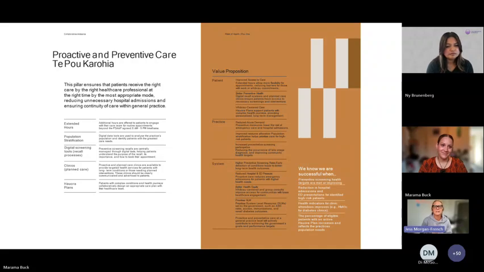So digital screening is, I think, quite broad. We haven't really nailed down what the things are that will fall into that, but most of it will align to how whānau can look after themselves in their home and report back information to their medical centre in a technologically savvy way that doesn't overburden the practice, doesn't bring a whole lot of unnecessary data into the PMS, but does alert the clinician to when somebody is starting to require care, or maybe we can get ahead of an acute transaction by having a little bit more information about that patient or that person.